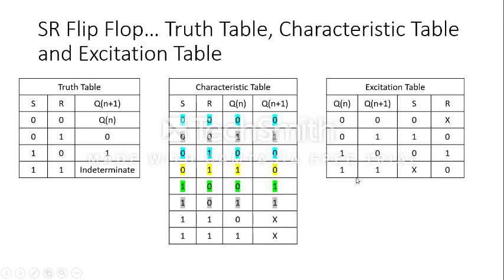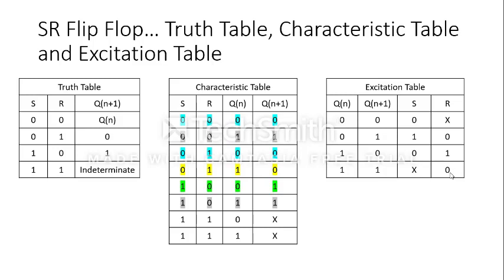And the last thing, that means Qn and Qn plus 1 are 1 1. So check from this table where both of them are 1 1. You can check here both of them are 1 1, here both of them are 1 1. And how the corresponding input states behave: S was 0 one time, S is 1 another time. That means S should be don't care here, but R is always 0. So when your past output is 1 and present output is 1, S will be don't care and R will be 0.